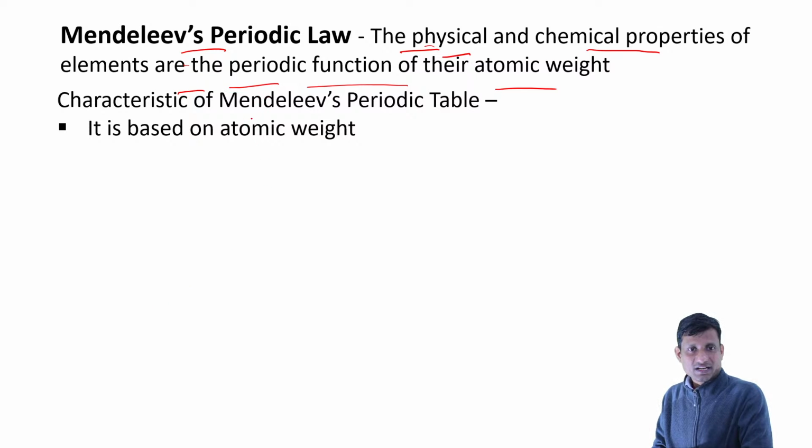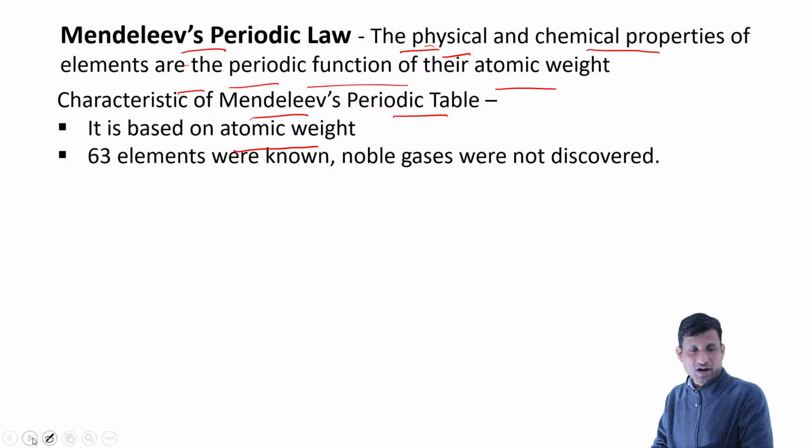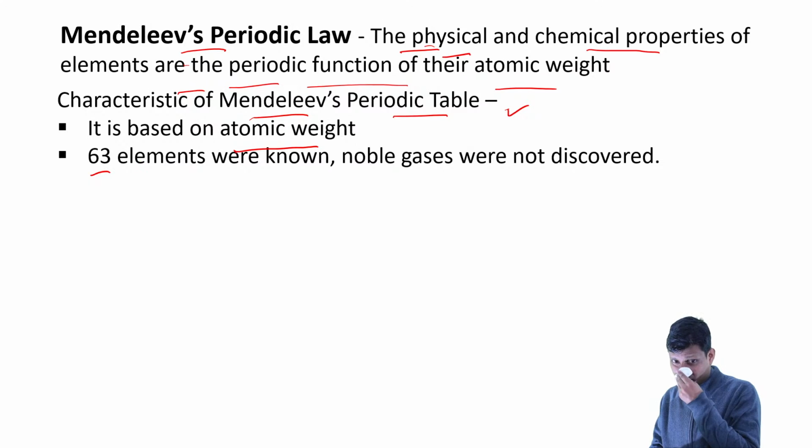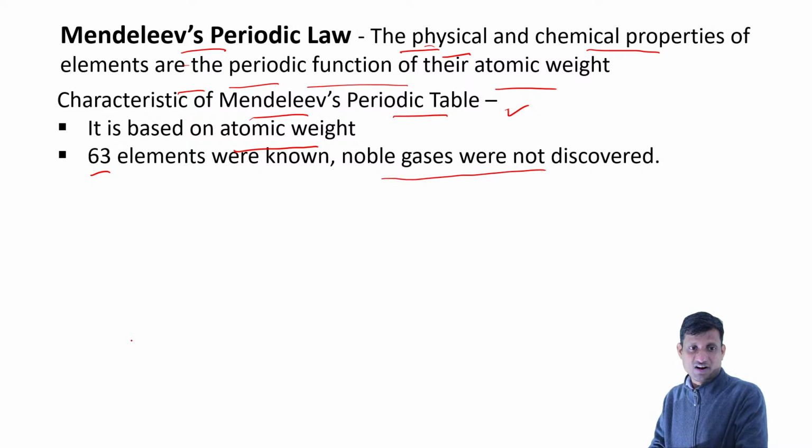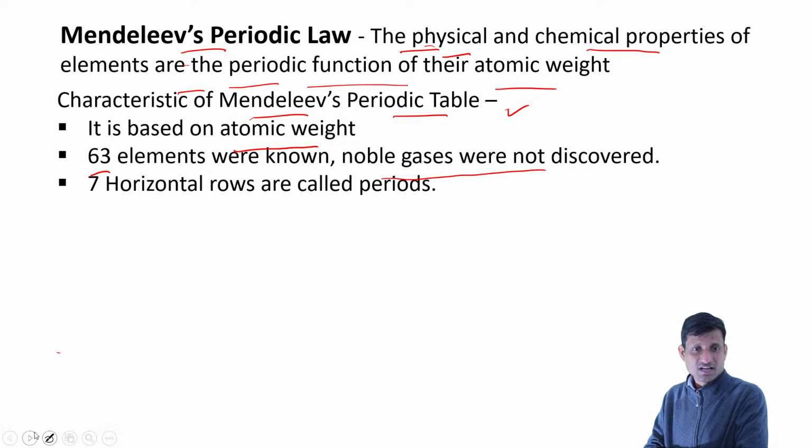So, the characteristics of Mendeleev's periodic table. Basically, he arranged all the elements according to their atomic weight. When he was working on this periodic table, 63 elements were known to us, and the noble gases were still not discovered. So, to accommodate all 63 elements, he made a table which contained